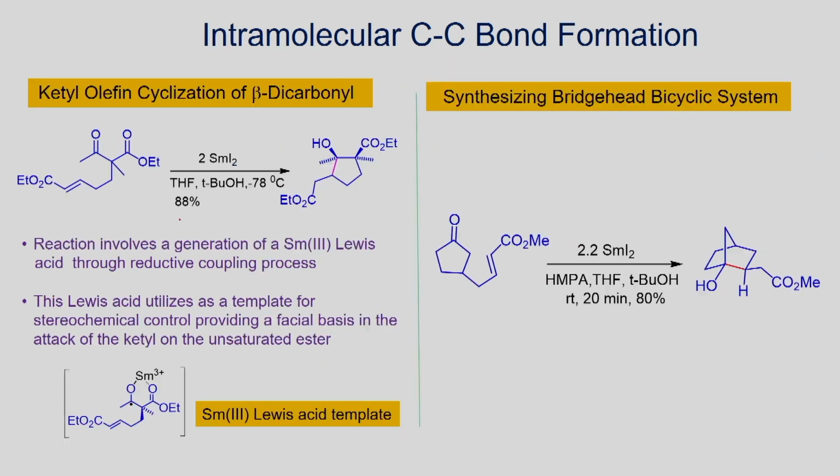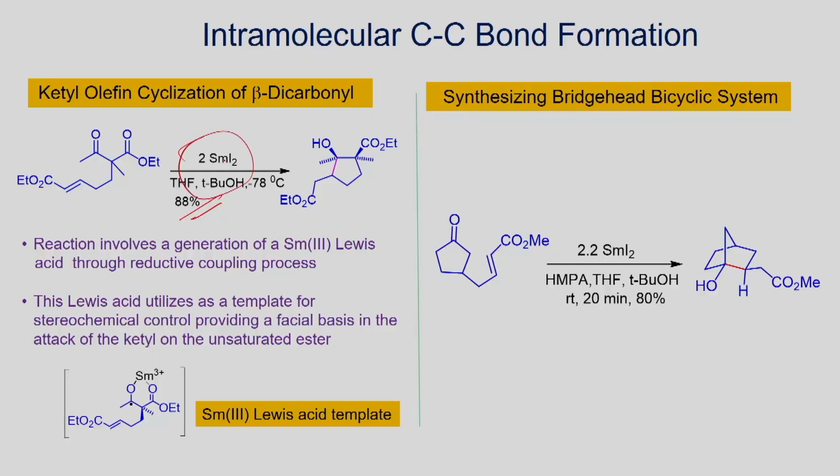Now let us look at another example. Just as we have seen the transformation of cyclopentanone into the corresponding ketyl radical using samarium 2 iodide, here also this reaction involves a beta keto ester. When you treat with samarium iodide, as we have just seen, it can convert this keto group into the ketyl radical by transfer of one electron, a single electron transfer process, and samarium 2 will be converted into samarium 3,